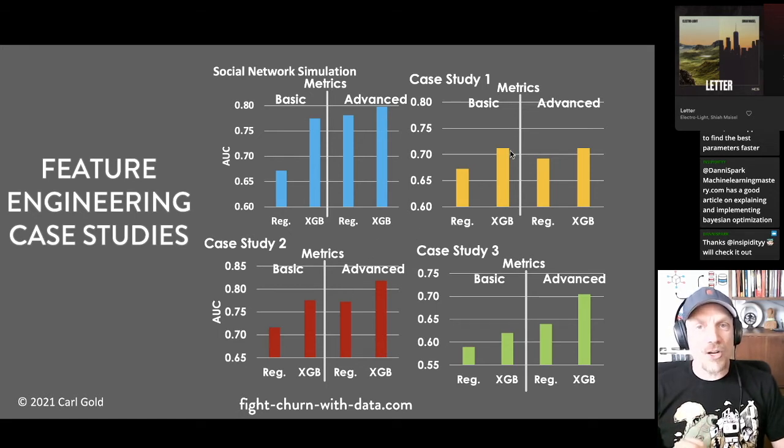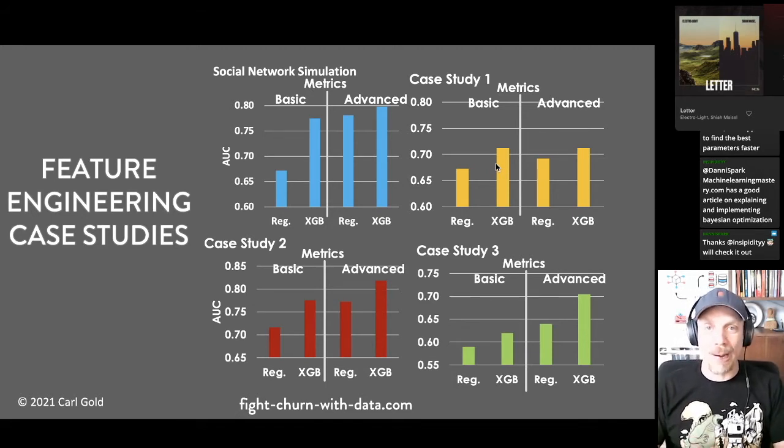Case study 1, shown up here, actually shows a case where the advanced features don't even really help, which is interesting. Usually they do, and that's what you're seeing in most of these case studies. But not in every case study will making more advanced metrics help. Unfortunately, the only way to know if feature engineering is going to help you is by testing, which is why I recommend doing feature engineering. And in the previous streams and in the book, I give lots of good tips on how to do your feature engineering.